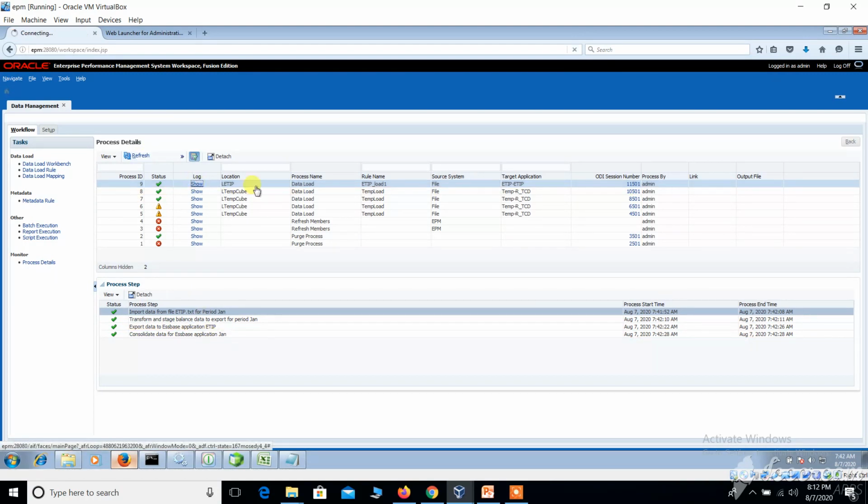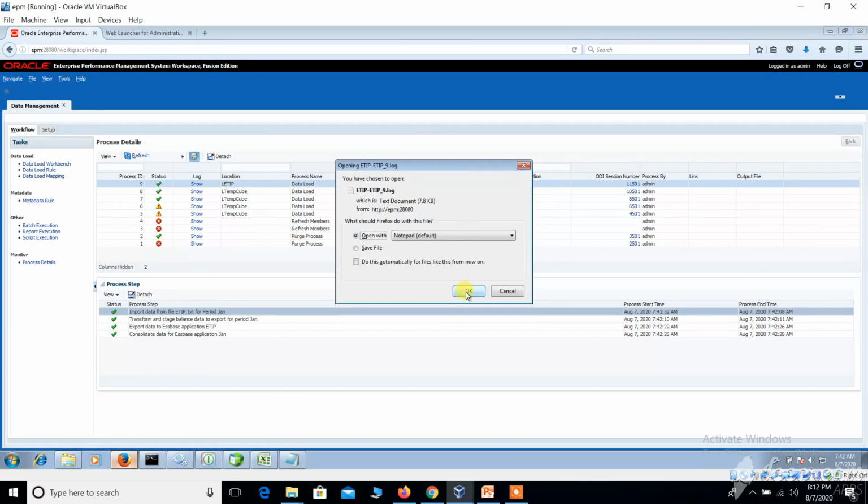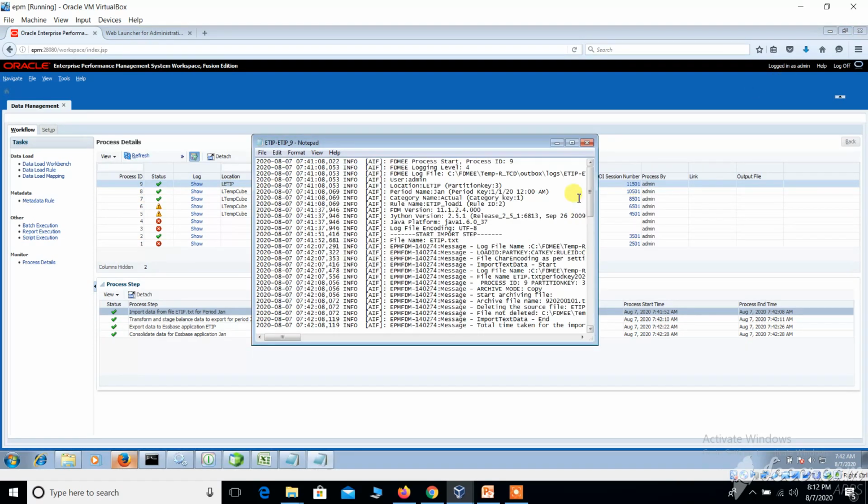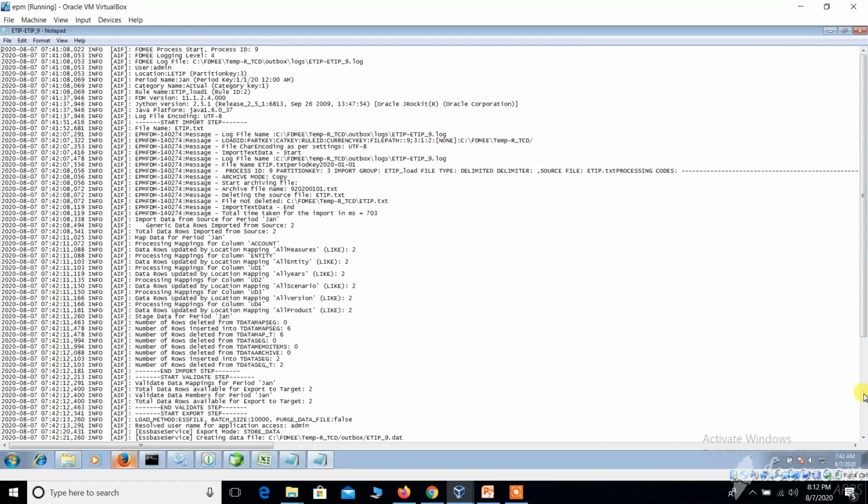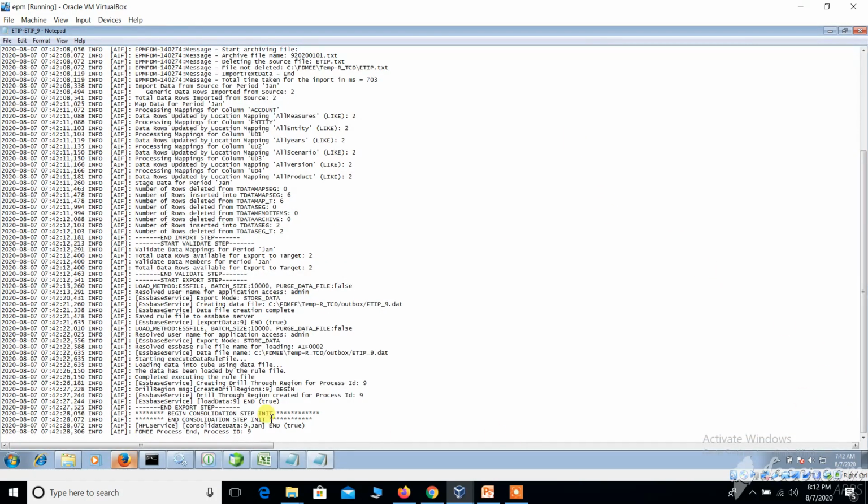You can see the log file also, what exactly it is showing. Click on show and you can see the log file, etip.log file. So we can see what are the steps it internally has completed. These are the steps that have been completed. Data loaded. So etip file has been generated. Process ID created and FDMEE process. And you can see all mappings, number of mappings in C. So this is the log file, so we can identify if we are getting any errors, they are updated in this log file.